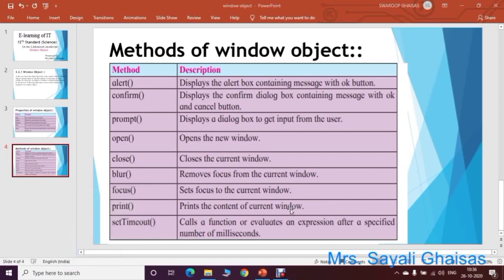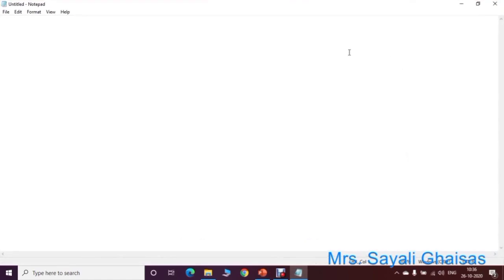So for that, open a notepad and start writing a code. First one, mention a doctype. Doctype is document type. Document type is HTML, so specify here HTML. After that, HTML tag start and end the HTML tag. Within HTML, add a head tag, start and end of head. Within a head, now add a title tag, start and end of title.